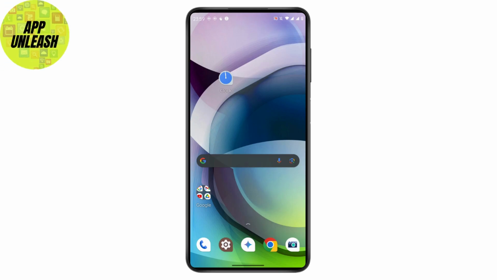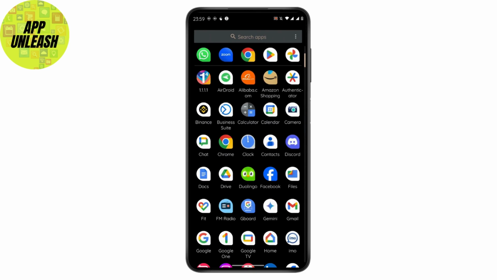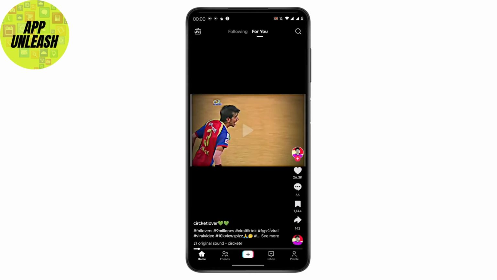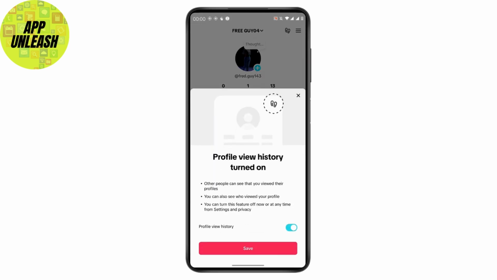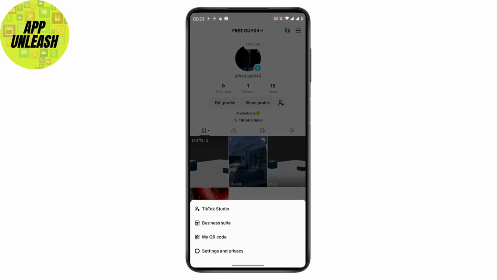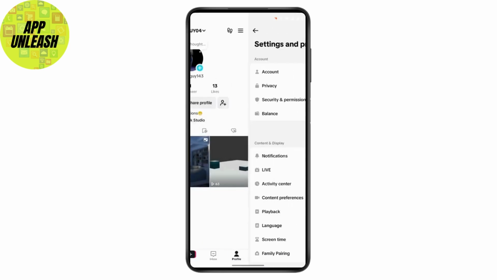So if you want to hide your online status on TikTok, what you have to do is just simply follow some easy steps. First, open up your TikTok application, and after opening it, just simply tap on the profile icon which is on the bottom right, and after tapping on your profile icon, just tap on the three dotted icon which is on the top right, and after tapping on the three dotted icon, just tap on settings and privacy,